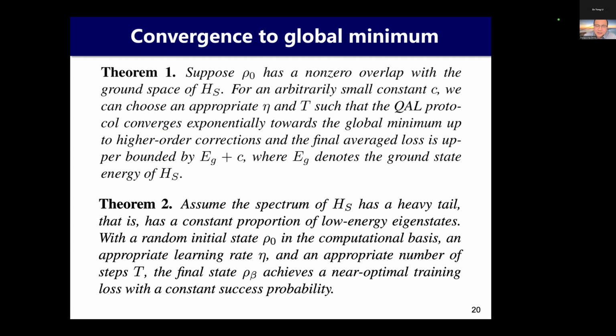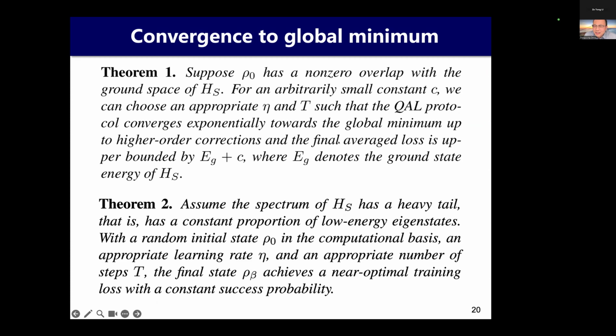Actually, you can rigorously prove that if your initial state, like a random initial state, has a non-zero overlap with the ground state space of this Hamiltonian H_S, then you can prove that this approach will converge exponentially towards the global minimum up to high order corrections,